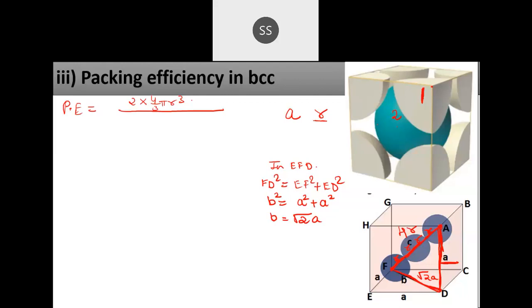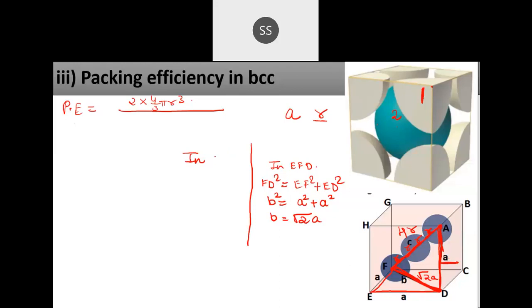So on this diagonal here, we got the B value now. You know now this is root 2A, and this AD value is A, and the other side C is 4R. So now you can calculate the R and A relationship. You have two steps here. Because we didn't know the B length, we had to take this triangle EFD and calculate the B value. Now once you got the B value, you can get the relationship. So I am taking now this triangle AFD. I am doing this just for you to understand. Later we will go into detail.